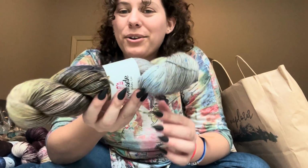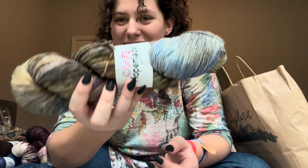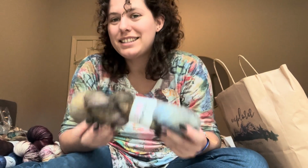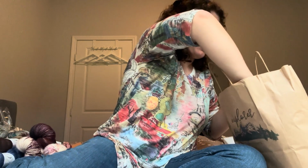Okay, so maybe the colorway is called Cobblestones and the base is JoJo's Favorite, which is 75-25. That sounds right. All right, and then I stopped at